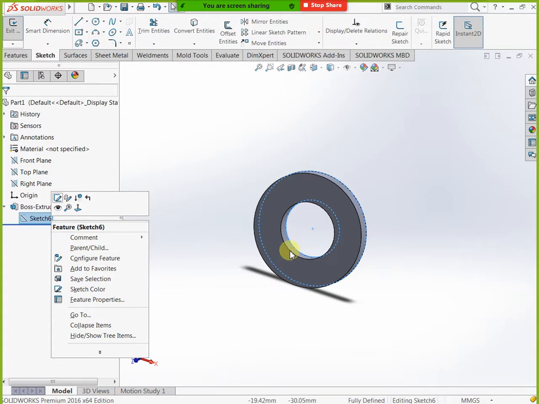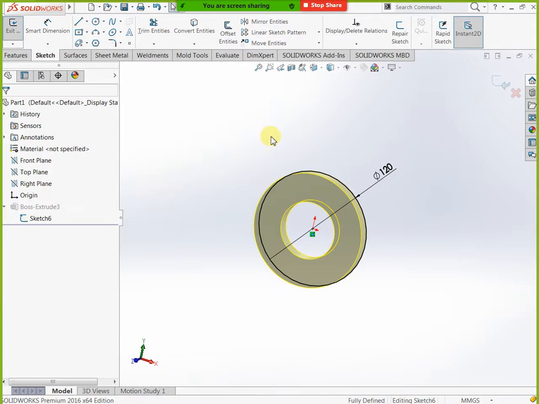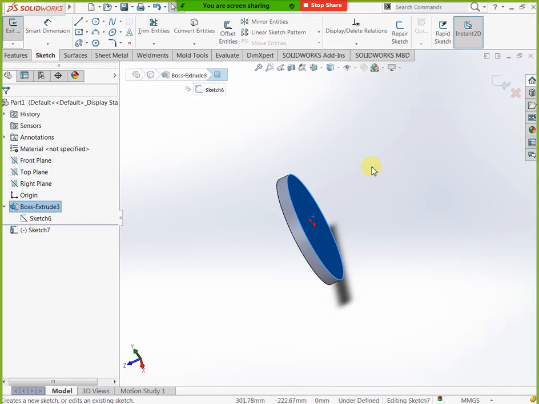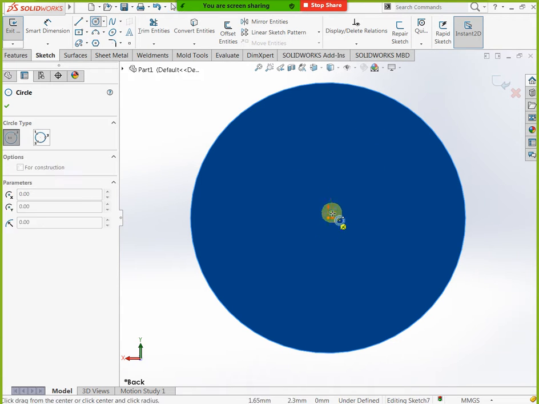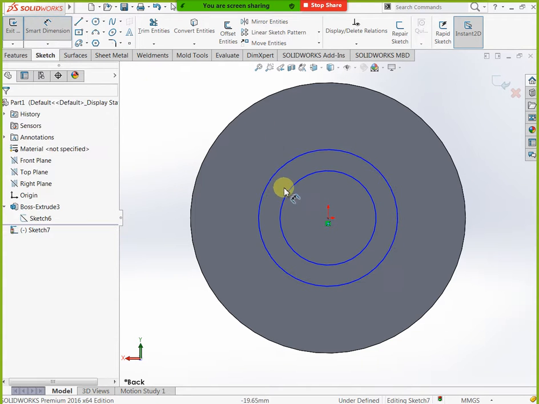This is our bore, you can mention here 55 bore. At the same time here you can apply 12 mm. I am taking extra, means 55 plus 12, 67. Now you can extrude this one.